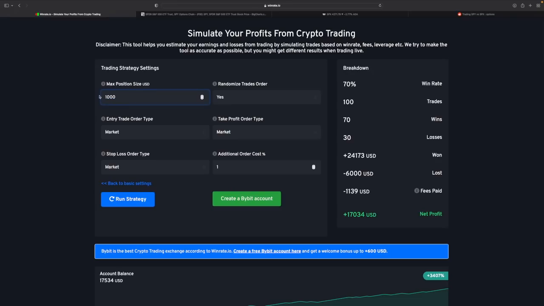So as your account grows from 500 to 10,000 to 20,000, right, the maximum amount you're putting in one trade, I have set it to $1,000. This is basically no YOLO. So over time, you're going to risk only $1,000. Let's say your account grows from 500 to 25,000 over the course of 5 months, and you're only putting $1,000. So this is how you eliminate the cycle of you going to 10,000, going back to 3, going to 10,000, going back to 1, and the cycle continues. This is how you avoid it.